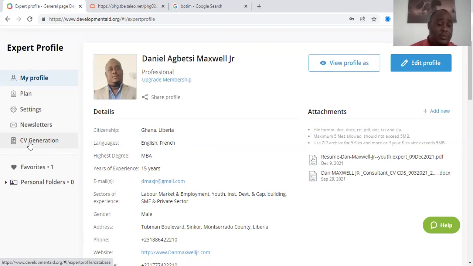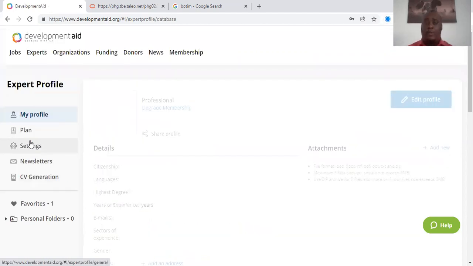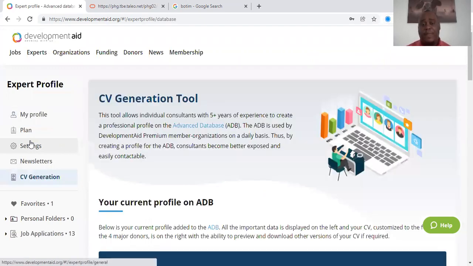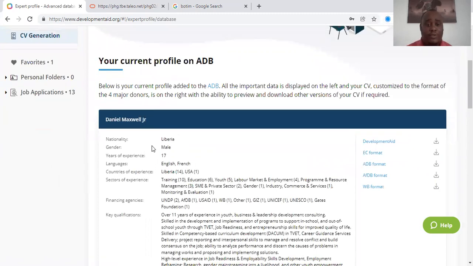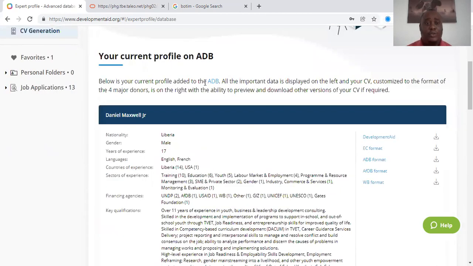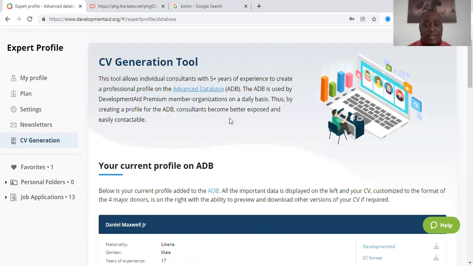That's one of the beauties of this platform that other platforms do not have. The World Bank has a different way they want their CV. The UN has a different way they want their CV. The African Development Bank has a different way they want their CV. And the EU also has its own CV template. So if you look here, what you do is you come to their database, to the advanced database,